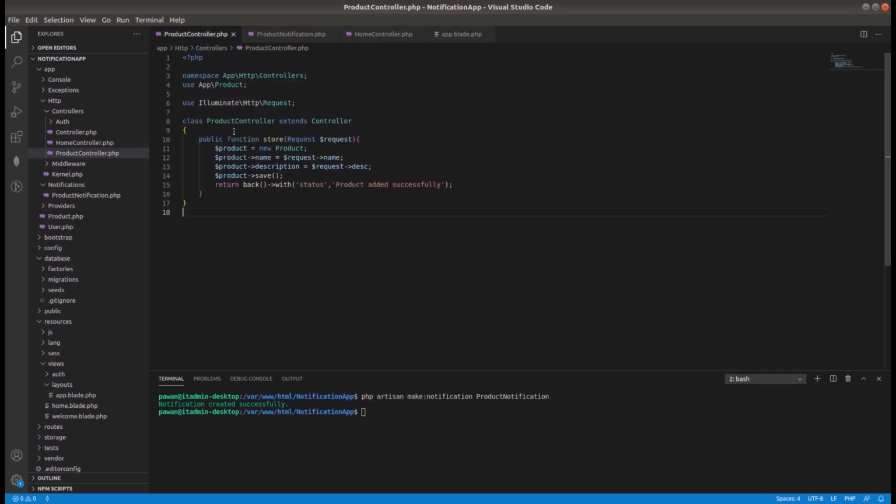Let's go to the product controller where we are storing a new product. Here we will write a notification.